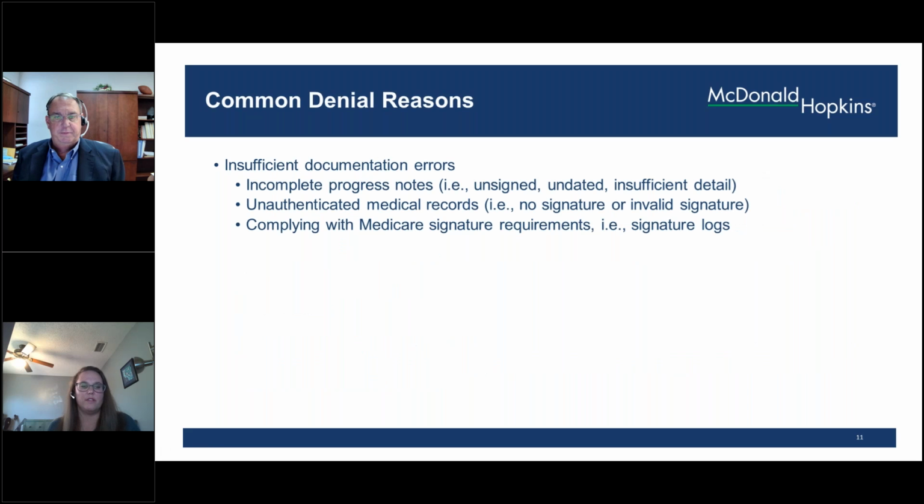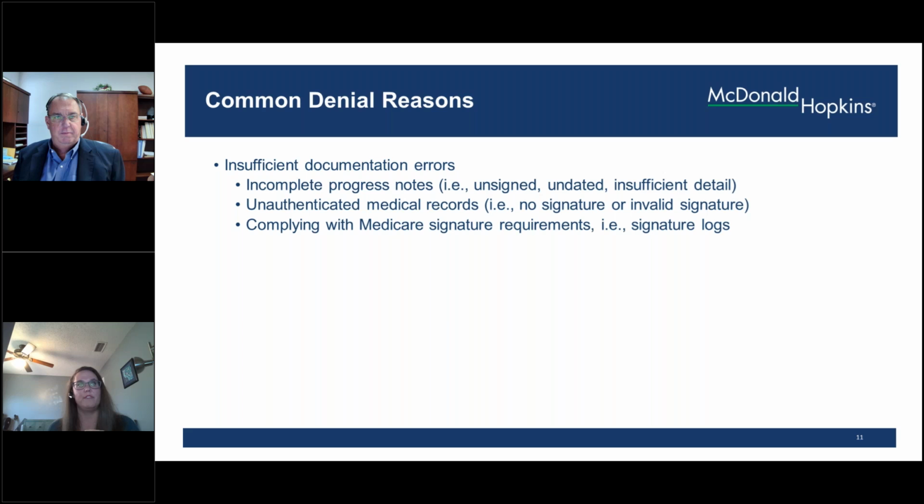So the next area is insufficient documentation errors listed on this slide, such as incomplete progress notes, whether they're unsigned, undated, or don't have sufficient detail, unauthenticated medical records, no signature or invalid signature, and then complying with Medicare signature requirements, for example, a signature log. It's important to note that so many providers are now using electronic medical records, and there are requirements for those electronic